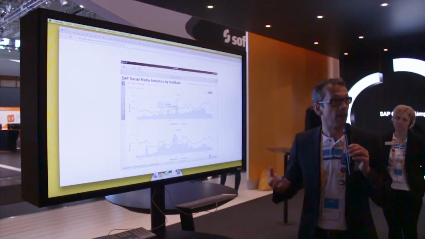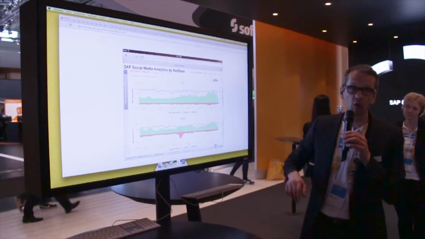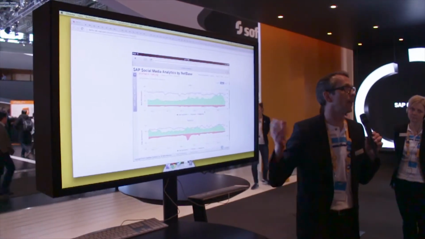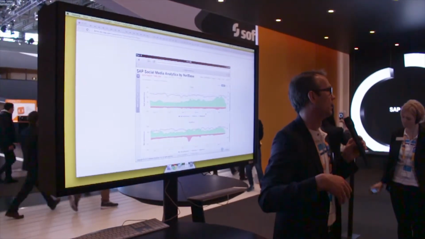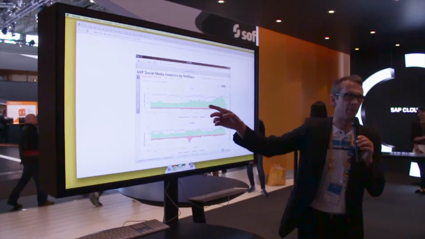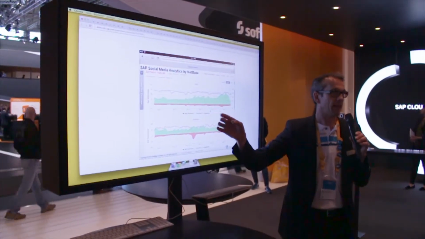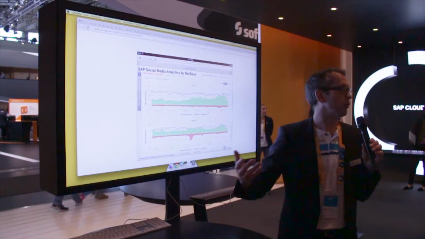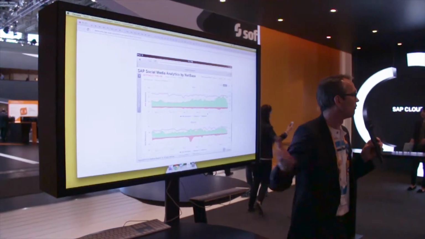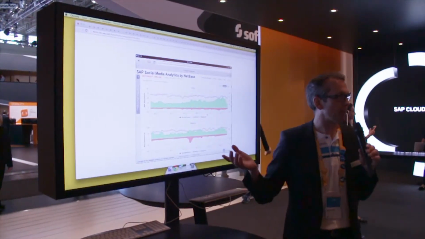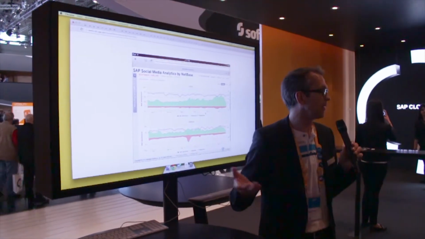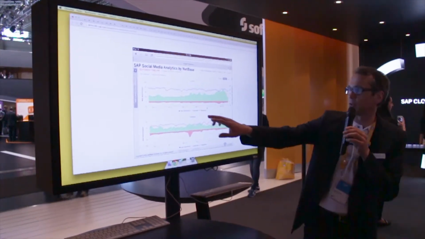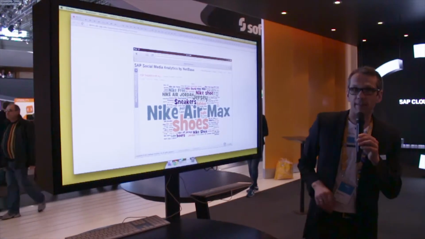So, and even deeper we can go and see what are they talking about. We can see if they're talking positively or negatively. So in this case you can see that it's quite a positive brand out there. And this can be interesting, for example, if you're doing campaigns in the internet, you can really measure them by the hour and see what is happening. Am I having a good campaign? Is it actually something that it's worth maybe doing it again? So let's drill deeper inside.